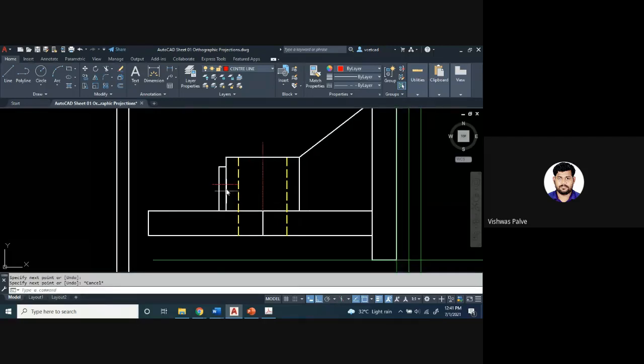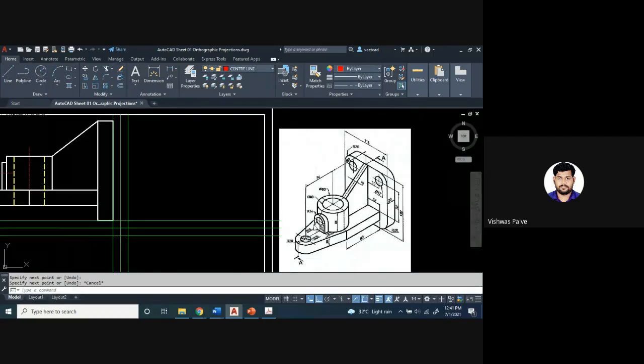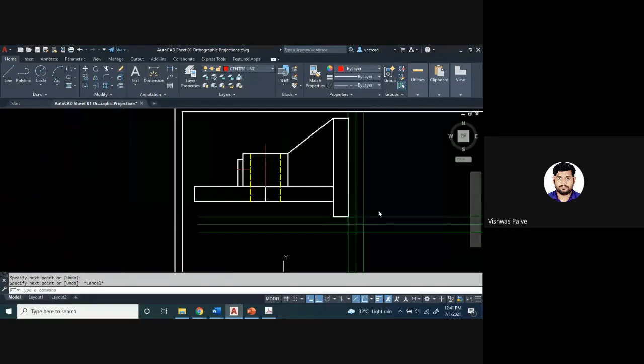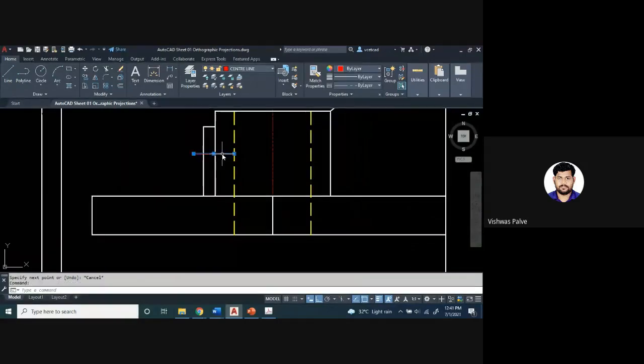Okay, then we have to show the hidden line of dia 16, which means 8 on both sides, 8 millimeters. So I'll offset this at a distance of 8 millimeter, above it and below it. And from that point I will draw hidden lines.